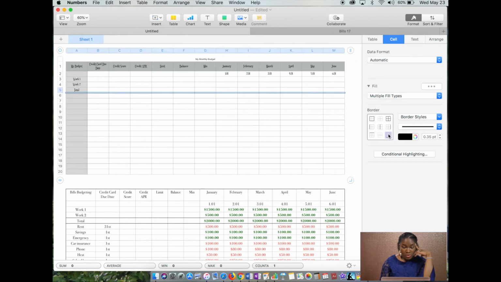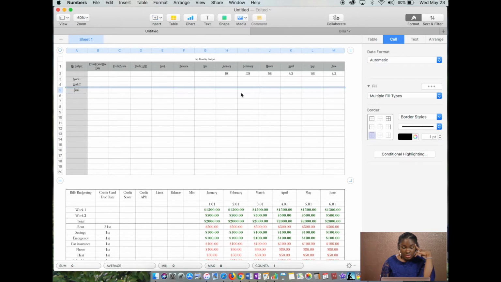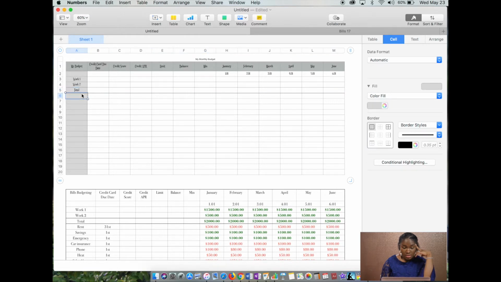You can also demarcate the rows by making the line bolder, by doing that in the table section. All right. So use border lines if you want to demarcate sections of your bills to your liking, and then